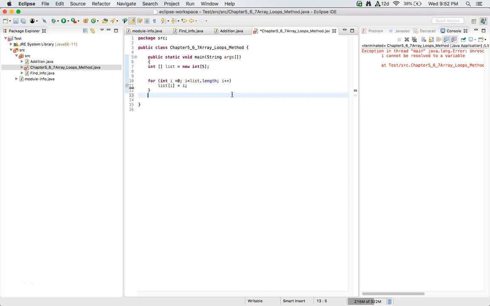So if I do outside of my loop system.out.println list at 4 after the array gets filled,